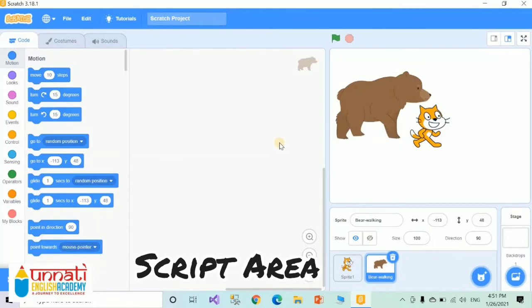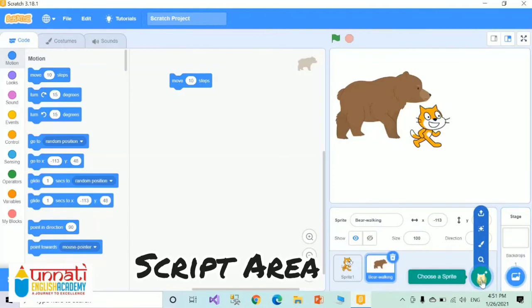You have to simply drag the instructions from the blocks palette. Can you see this blue color vertical box? That is the blocks palette. See, I have selected one instruction, move 10 steps. Right now the bear is selected, so the bear will move 10 steps ahead.